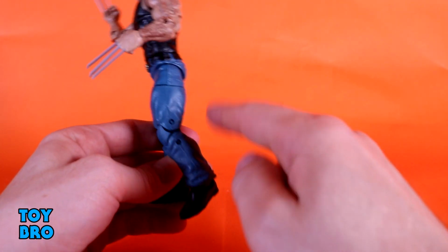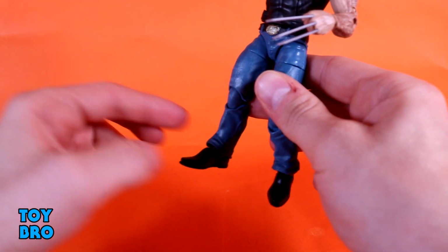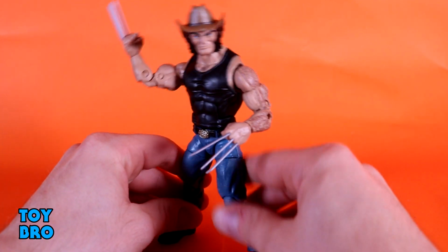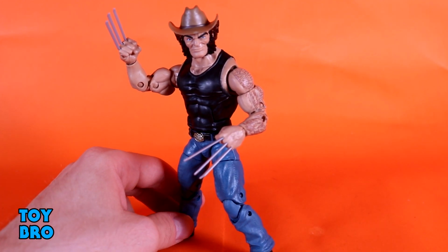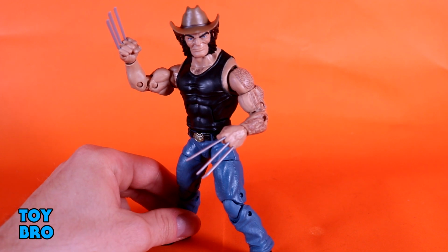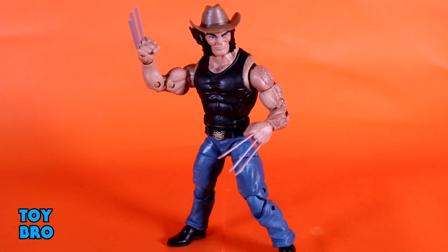You've got some seams that run down as well, which lead down to the boots, which are mostly covered by the pant leg. But then you've got the foot giving you the rest of the boots. So again, the body on this guy is pretty standard. Nothing too crazy, but it looks good as well. I mean, it's definitely a very country-style Wolverine, but let's be honest, it's probably all about the head sculpt and,